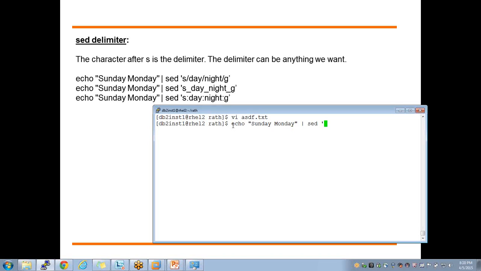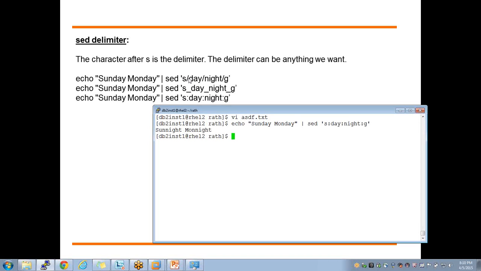When you say sed s colon day colon night colon g, hardly anyone notices the delimiter, but it's not necessary to use the forward slash always.